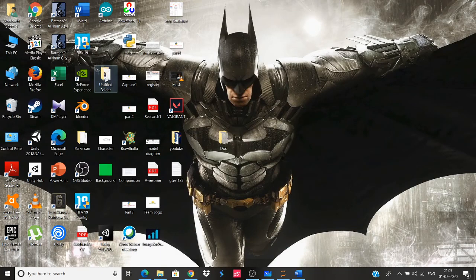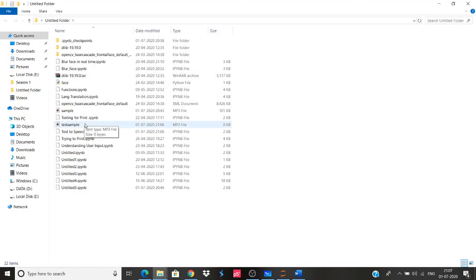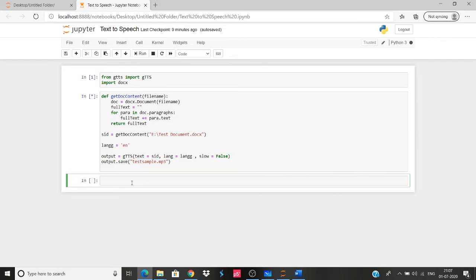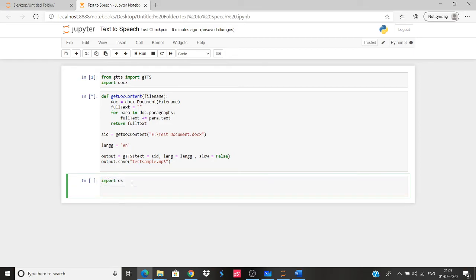So we can go back to our folder, and we see okay, the test sample is getting ready. So that means our code is working. We have the test sample out here. While it is working, there's one more thing that you can do, which is import os, that is the operating system.